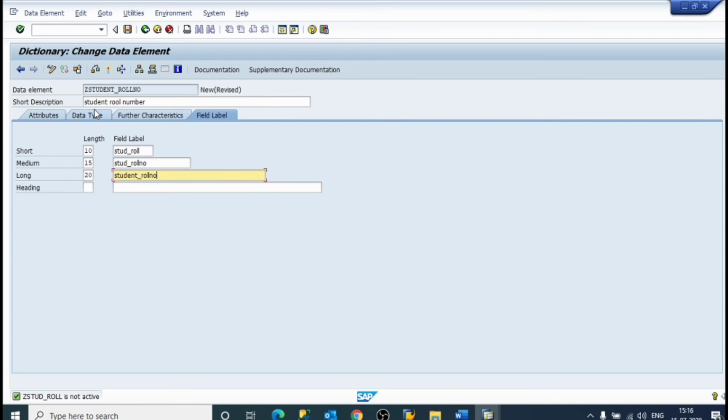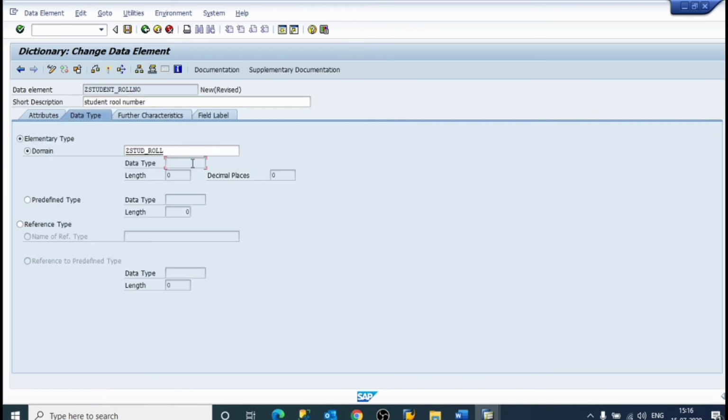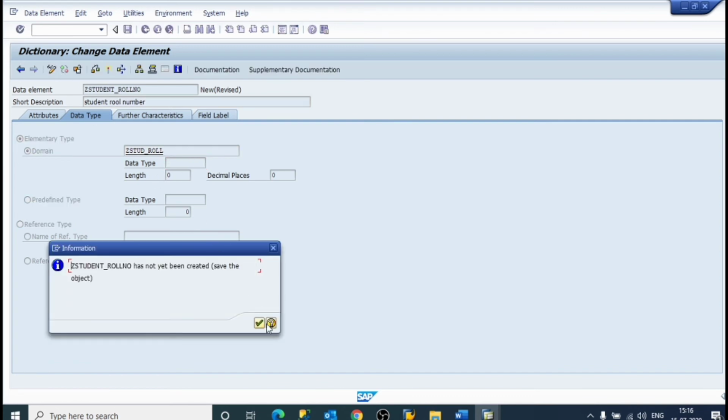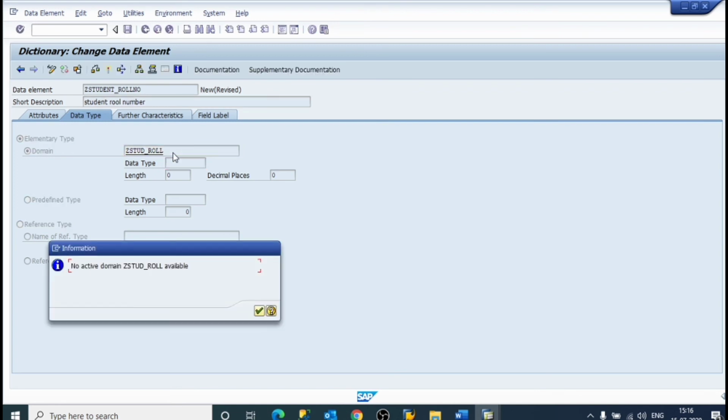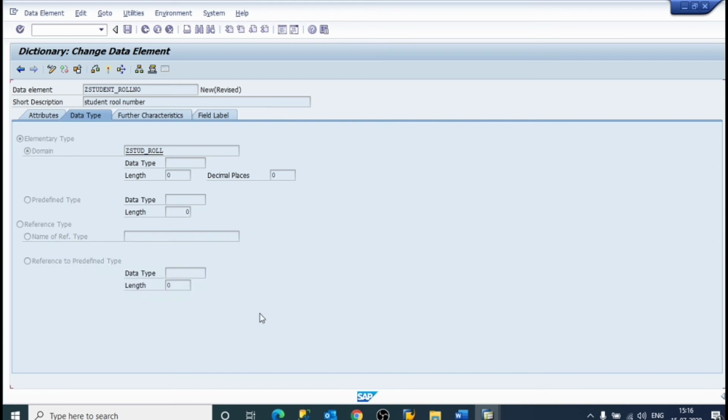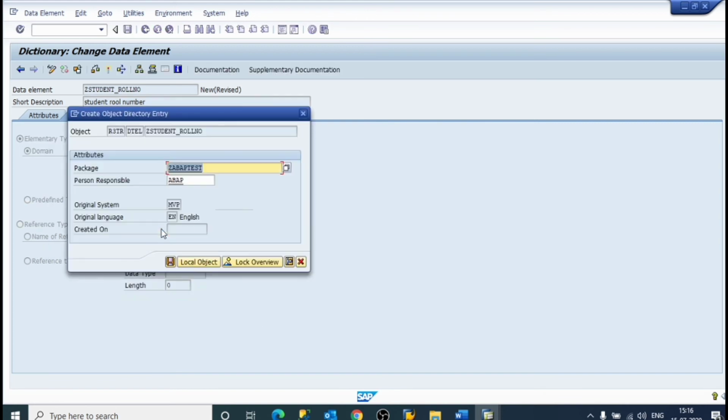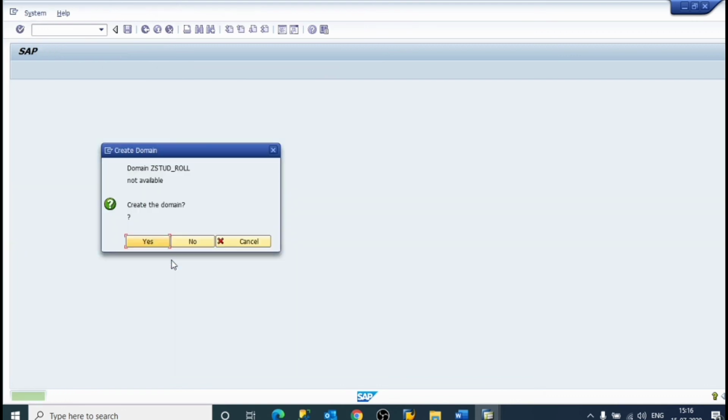Now domain, data type 10, no, not activated, no active domain. So if we will activate it, create the domain, yes.